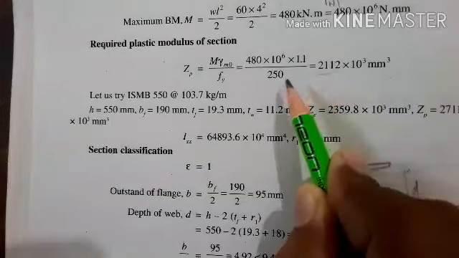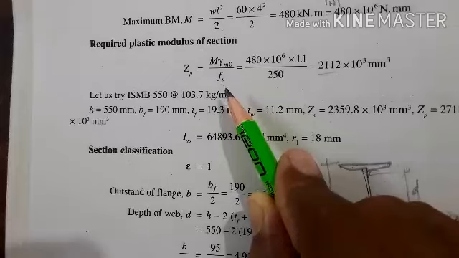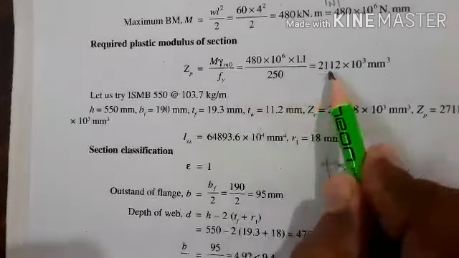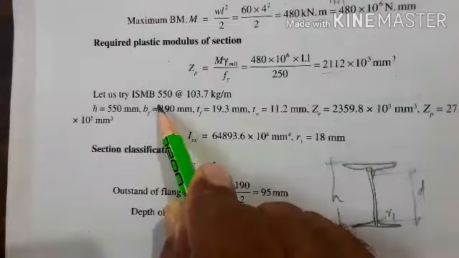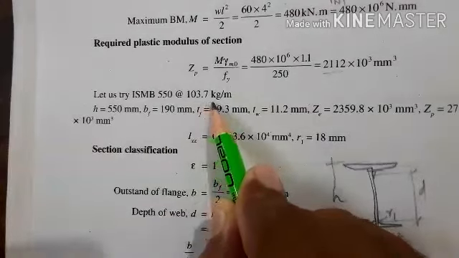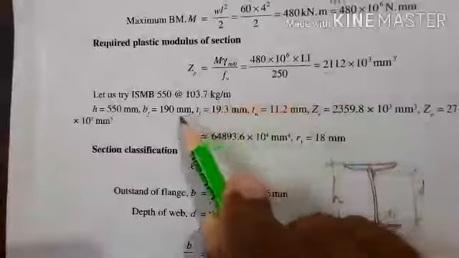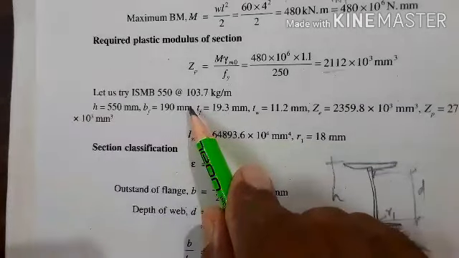Then you have to choose the section in such a way that the value of ZP should be more than this value, that is the required value. So let us try ISMB 550 at 103.7 kg per meter. You have to choose the section from the IS 800 2007